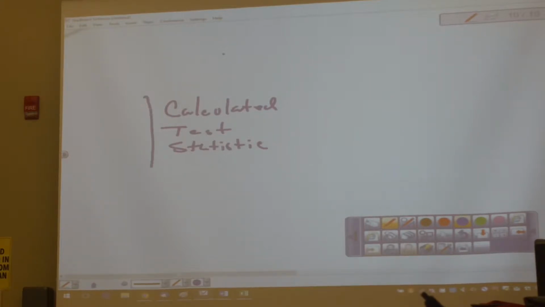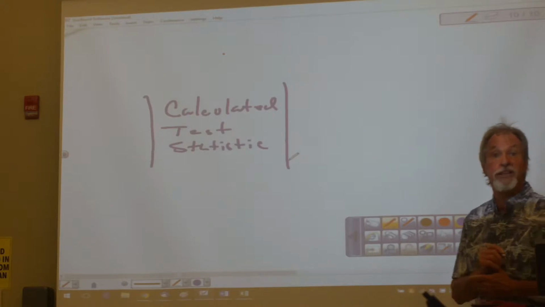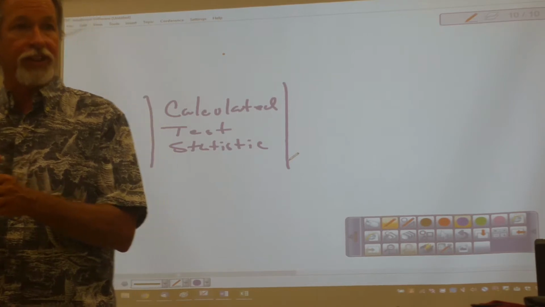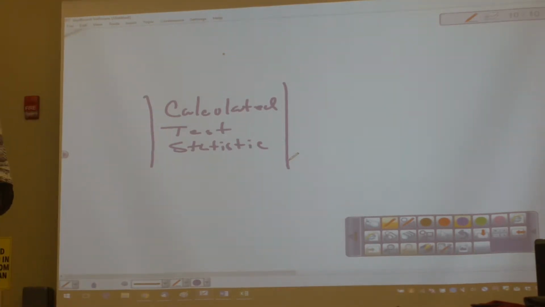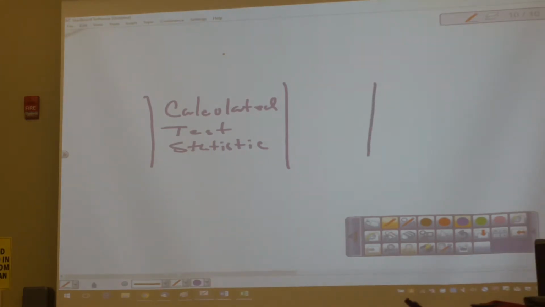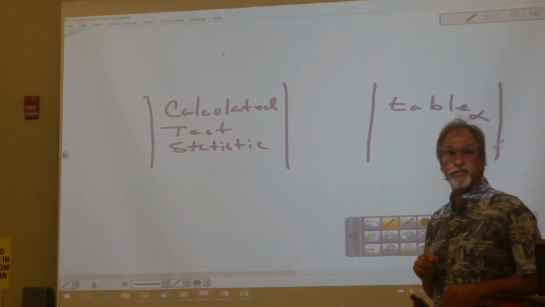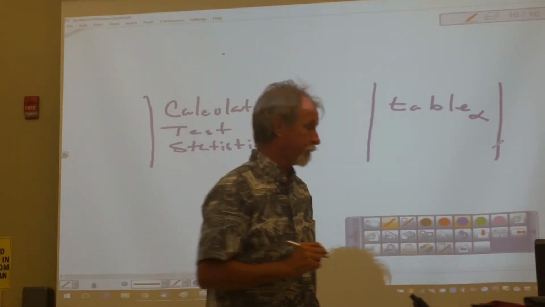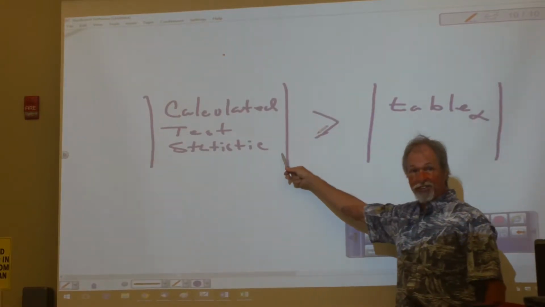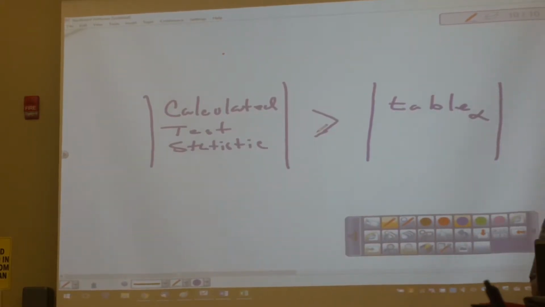I'm just going to compare the absolute value of the calculated test statistic. In this case, I got the negative 2.1, so I'm just going to compare 2.1. And I'm going to compare it to the absolute value from the table for whatever my alpha is. Remember we just went and looked that up? If the calculated test statistic is greater than the table value,